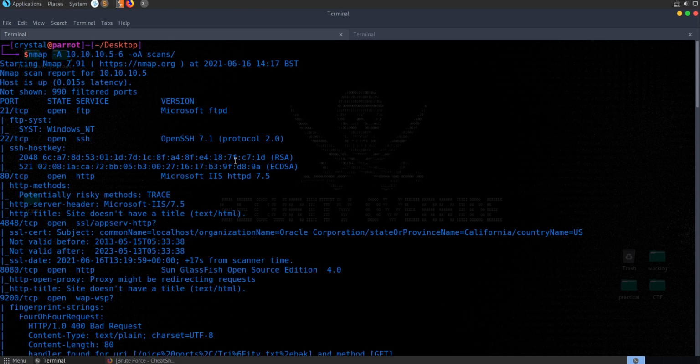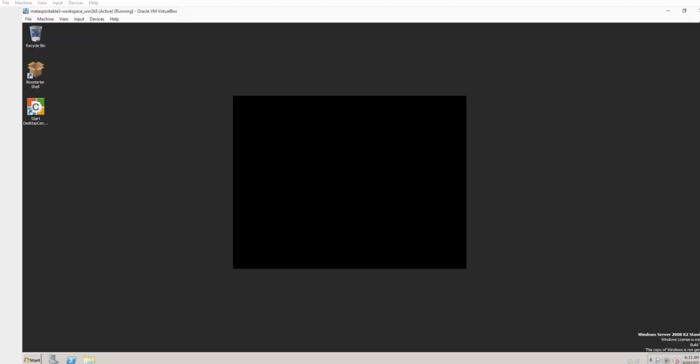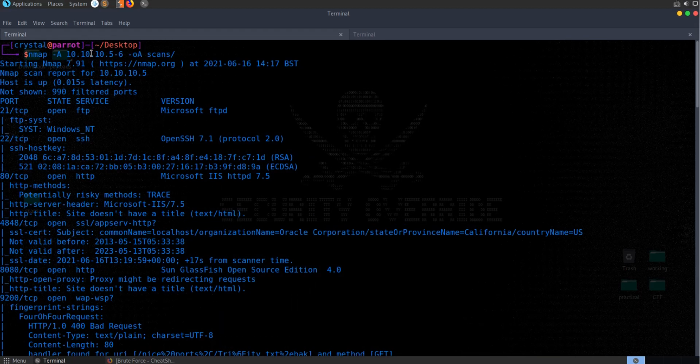In this video we're going to take a look at brute forcing login credentials on a variety of tools. So we're using the Metasploitable 3 setup from previous videos. Here's the Ubuntu system and here's the Windows system. Both of these have a lot of vulnerable services running, and you can see that we've got the nmap